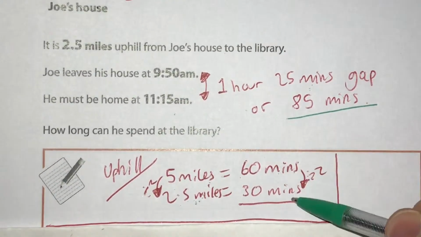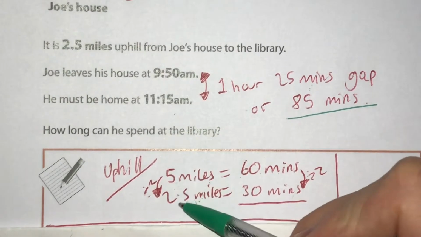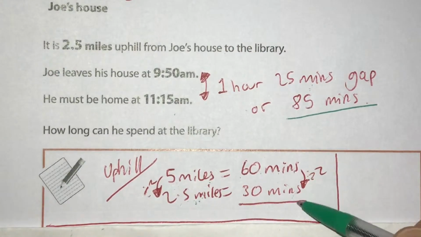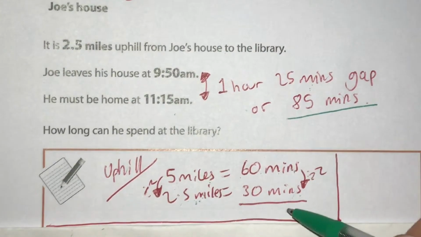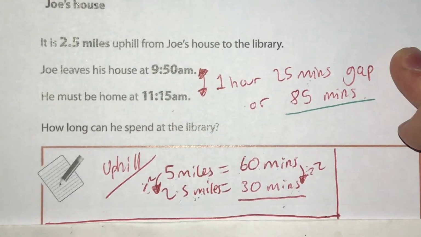So where's my 30 come from? Well, if you can travel 5 miles in 60 minutes, half of 5 is 2.5, which is how far we need to go. So I've halved the 60, which is 30 minutes. So 30 minutes is how long it will take me to get there. So now I'm going to work out